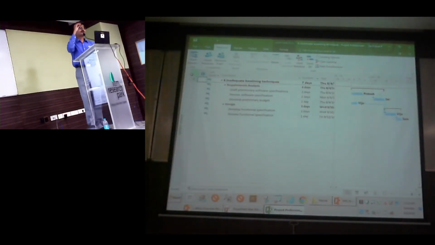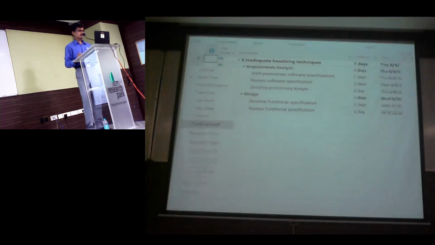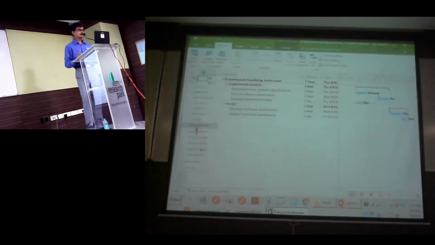But let me show you another way by which you can see the baseline. Do we all understand this term called the view? Yes, sir. Exactly. So if I want to see it, you need to right click and do. A couple of clicks can be saved if you change your view to what we call tracking Gantt. So right now I'll just change this view to tracking Gantt. This is the name of the view.